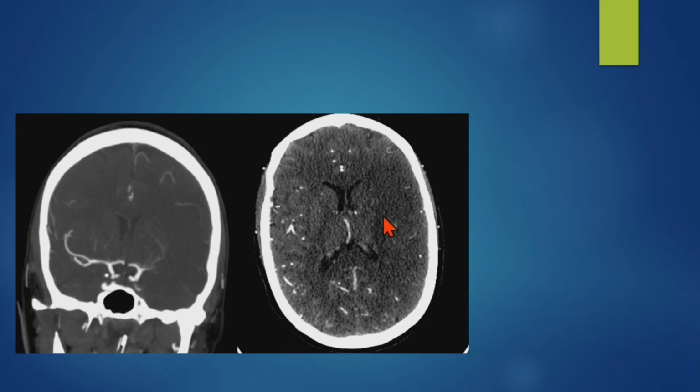I do recommend always looking at the brain soft tissue on the CT head angiogram, as it might demonstrate the area of hypoperfusion with respect to the normal enhancing parenchyma.